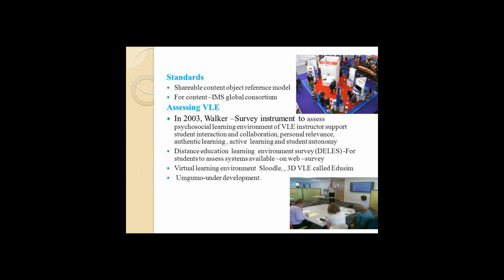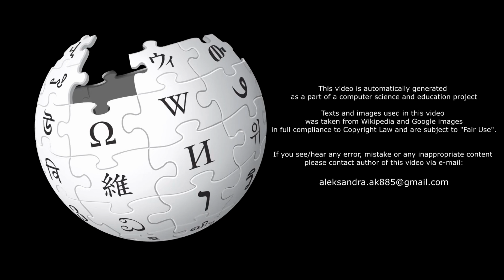Instructor Support. Scale I, consisting of 8 items, e.g., the instructor responds promptly to my questions. Student interaction and collaboration. Scale II, consisting of 6 items, e.g., I collaborate with other students in the class. Personal relevance. Scale III, consisting of 7 items, e.g., I can relate what I learn to my life outside of